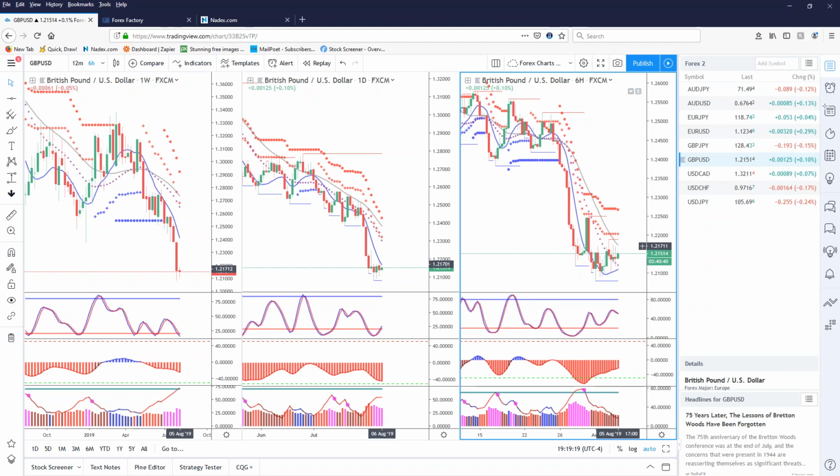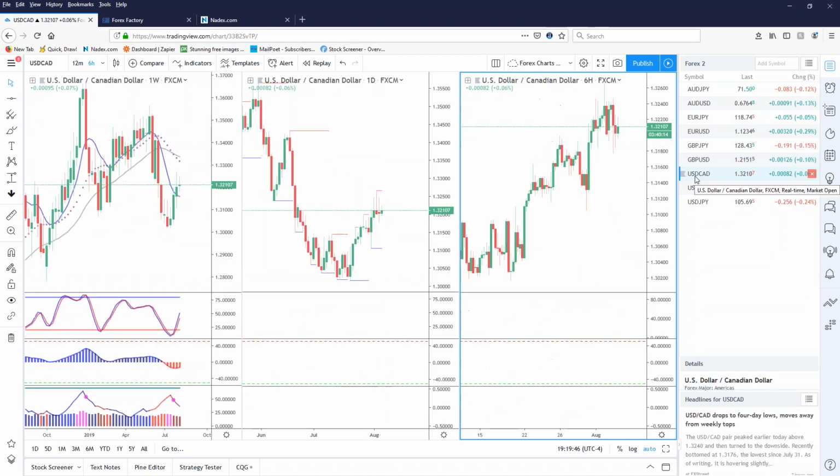Could you take a couple of 2-hour binaries and say, okay, I'm going to trade to the long side up until it gets to 2203? You could, okay? But it's not my cup of tea. It's just too volatile right now. If they come out and say something about the Brexit, it could tank or it could go the other way. So you take that risk when you're trading the British pound right now.